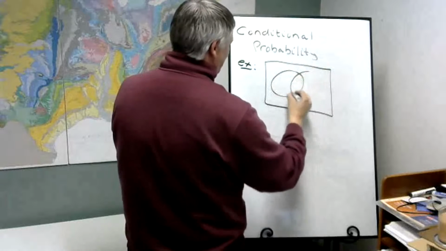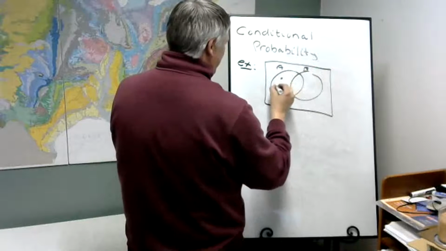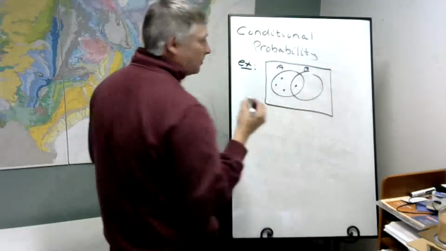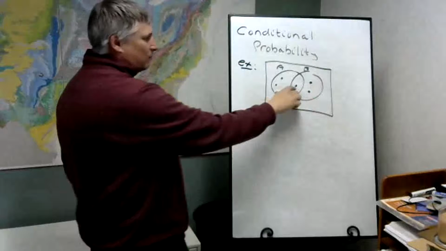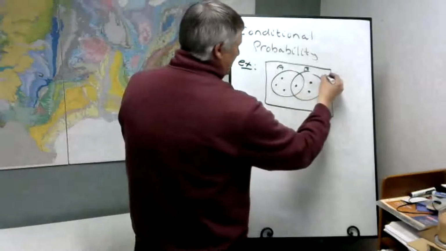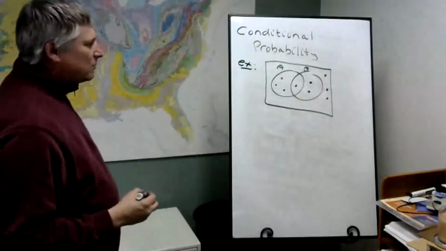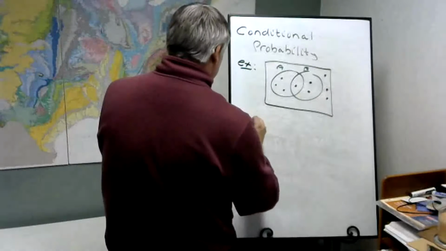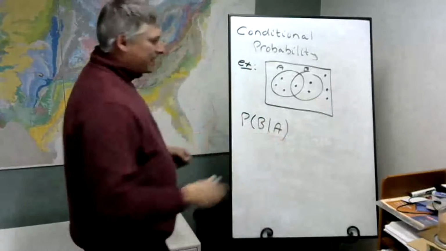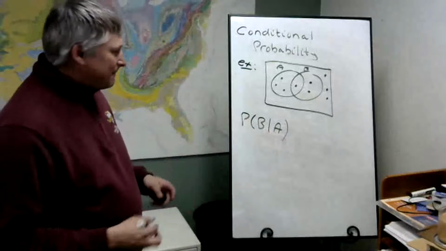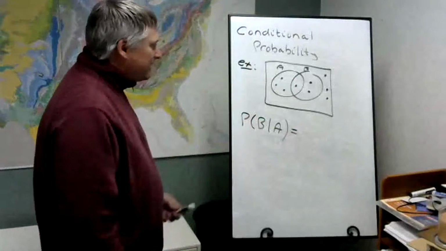There's A, there's B. We have 4 elements in A. One of those elements overlaps with B. There's 3 elements in B. Again, one of them overlaps with A. We have 3 on the outside. So we might ask the question, what's the probability of event B given we reduce our sample space to event A? So basically what this means is we're going to take our world